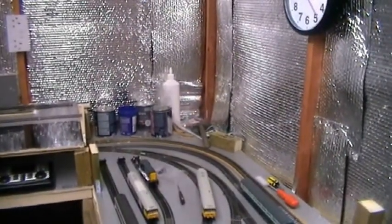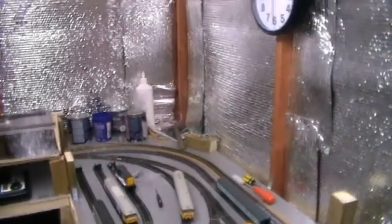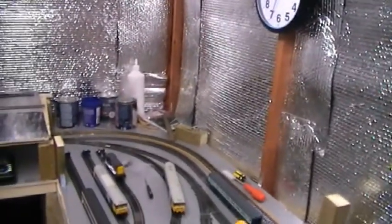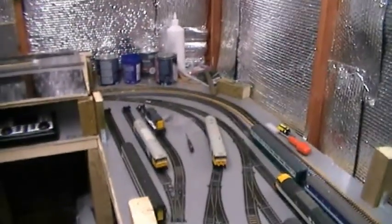So that's it for this month's update. I've got a bit of gardening to do outside, so progress next month will be rather limited. But I hope to be able to demonstrate that we actually are, for the first time ever, running locomotives on the DCC concept. So I shall see you for that,